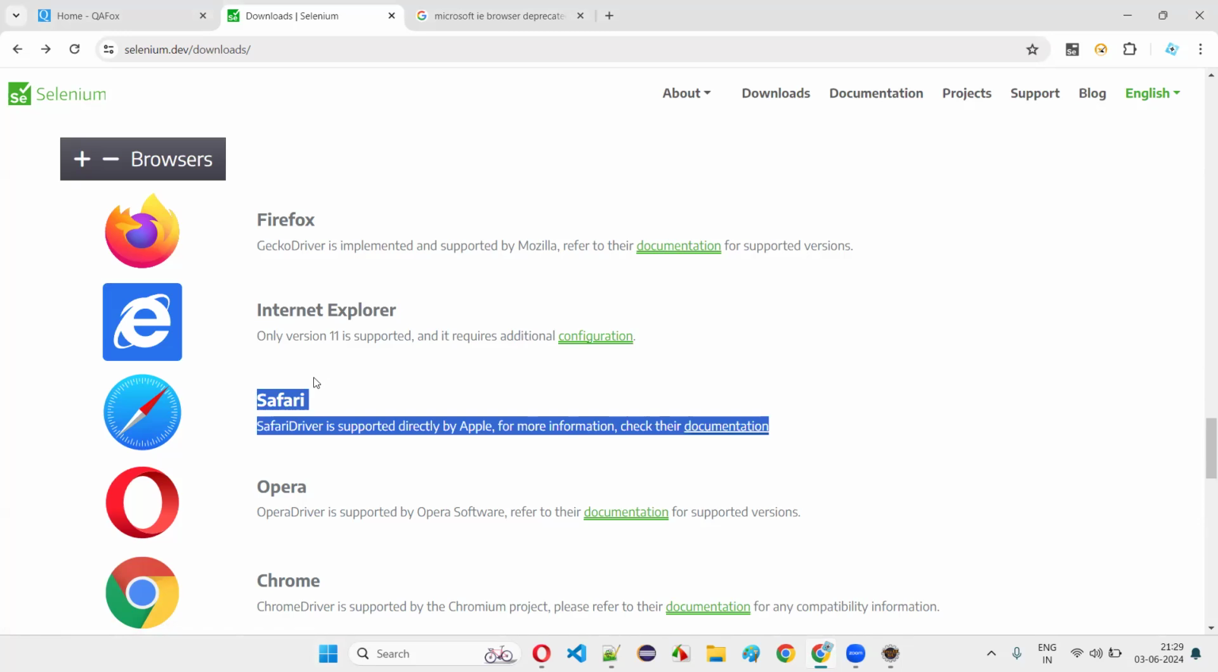If anyone wants to know how to run your automation scripts on Safari browser, and if anyone has a Mac machine, just let me know. Otherwise, we can ignore that one also, because my machine is Windows, I cannot show you how to run the scripts on Safari browser. Or you can do one more thing. If you really need to learn how to run your automation scripts on IE browser and